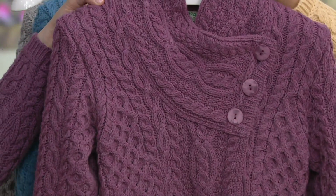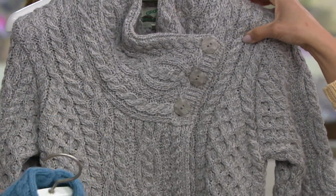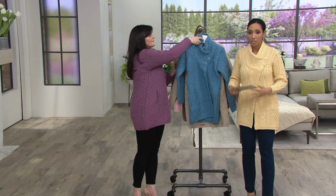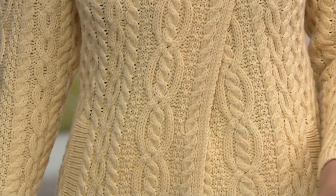And then we have, this is our aqua. That's a very pretty one. Then we have it for you in your soft gray. And then one more new color. It's the one that I'm wearing, sunlight yellow. Yeah, we'll put that aqua in the front. See what the difference. So sunlight yellow is also new, and it's a soft yellow, like a little bit more